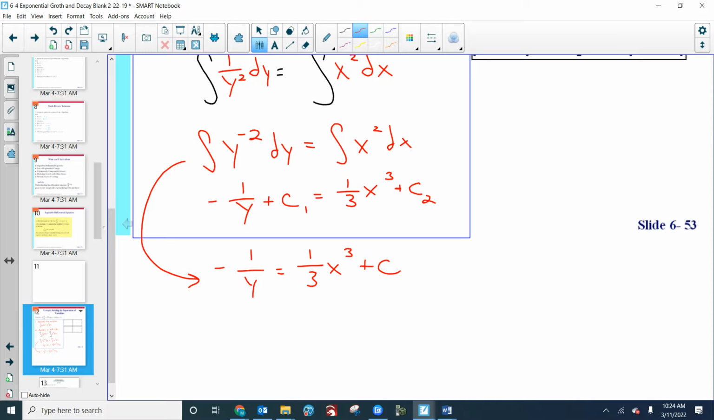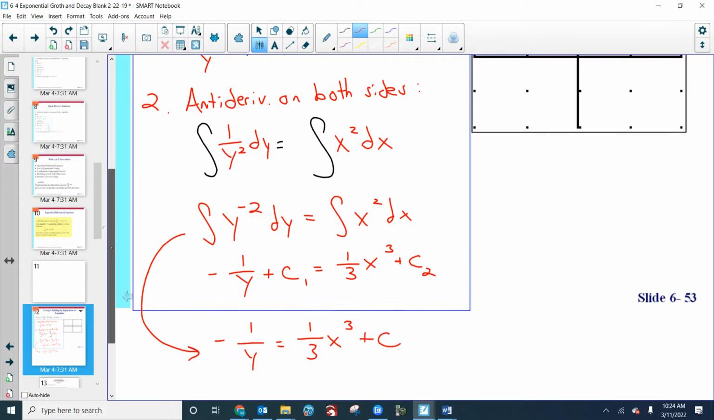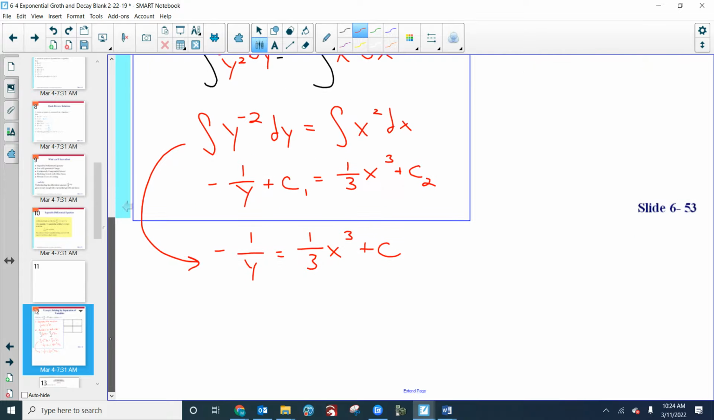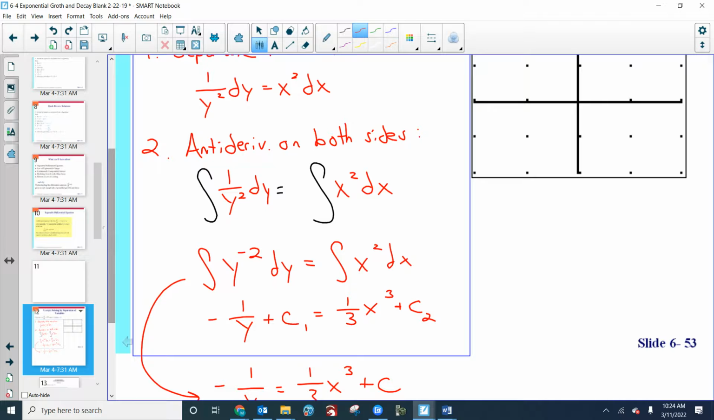I'm okay with that, as long as you understand why that's allowed. Okay? And this is that moment where I told you, if you don't write the plus c, you are going to lose a lot of points. Because this is where it'll all fall apart. So anti-differentiate both sides. I'll even write to protect you. Don't forget